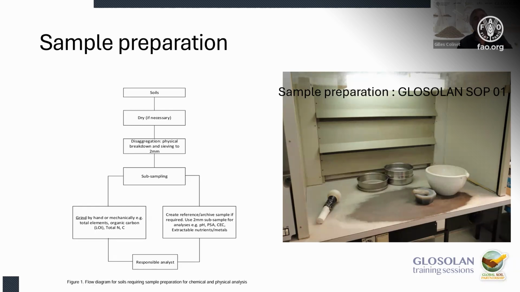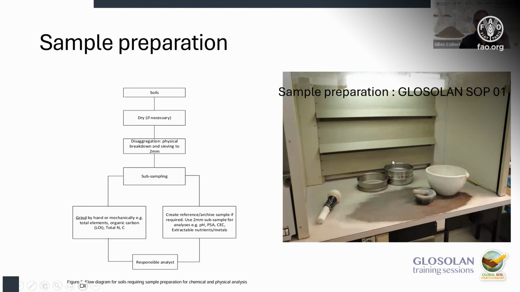And that's typically the analysis of total content. When you want to make total organic carbon, total nitrogen, total elements, mineral elements, you try to have a size of the grain as small as possible,